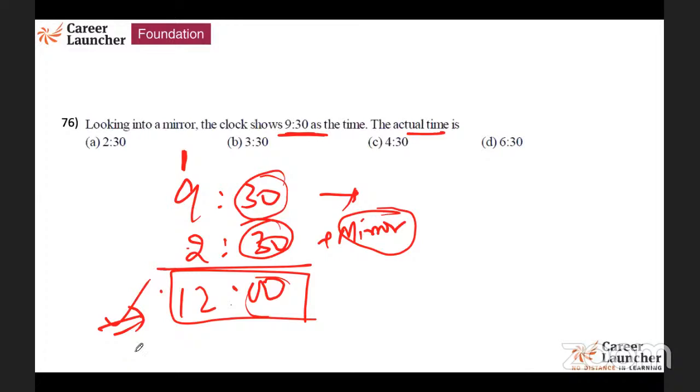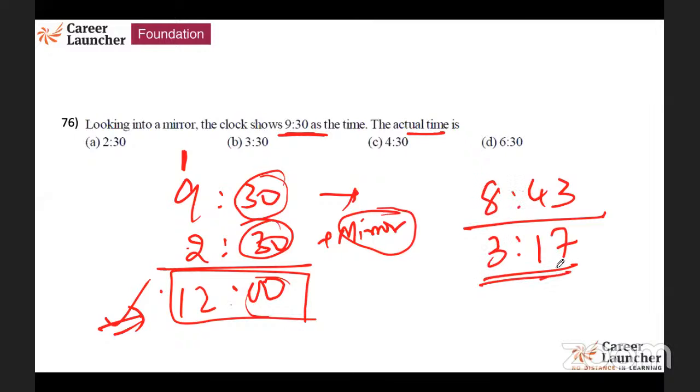This is very, very important, guys. For example, now can I ask you a question? Can you give me the answer on this? If it is 8:43, what will it show in the mirror? Assume that I can get that exact minutes. What will be seen in the mirror? Very good, Muhammad. Very, very fast. Nice. It is 17 you add to make it 1 hour. That makes it 9. Answer has to be 3:17. Okay, right. You got it.